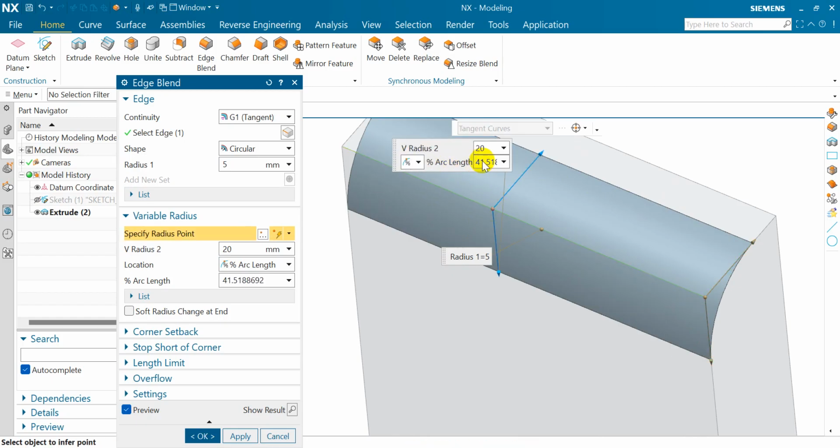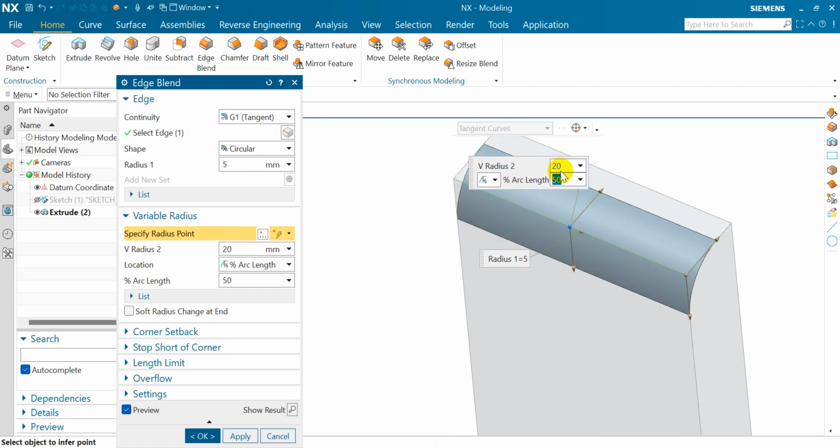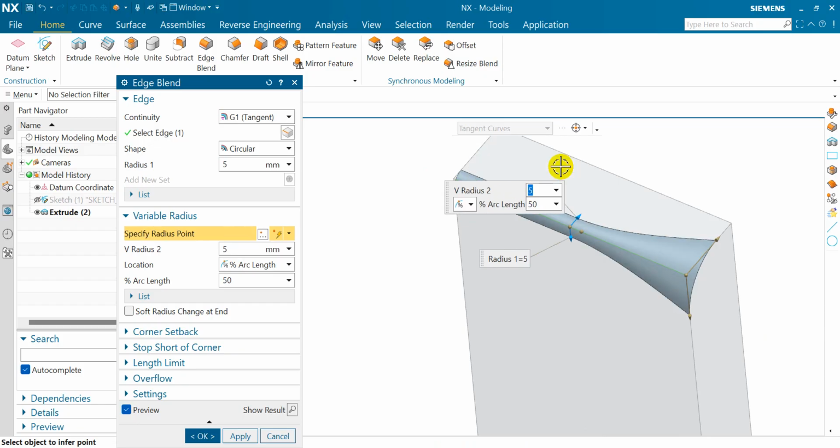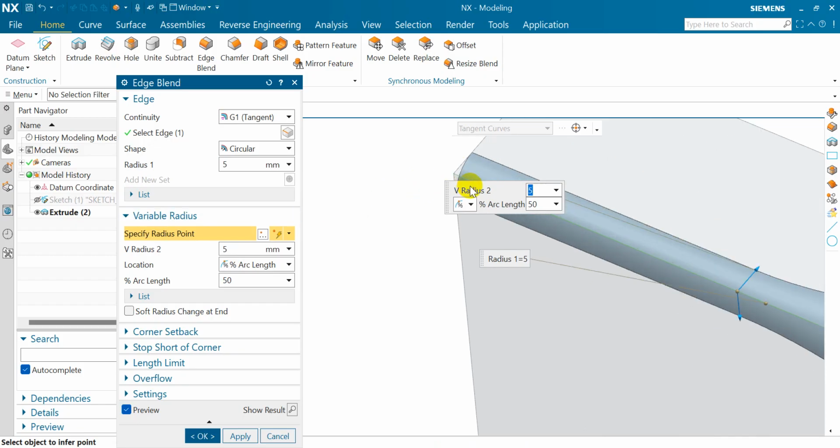Now fill the arc length, arc percentage length, suppose 50%, there 50%, and fill the value for radius, suppose 5, and click on the third endpoint.